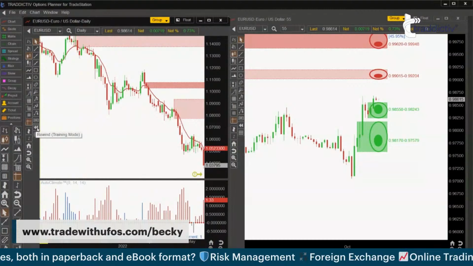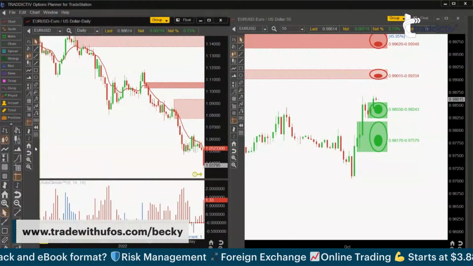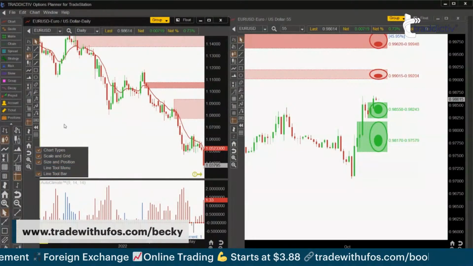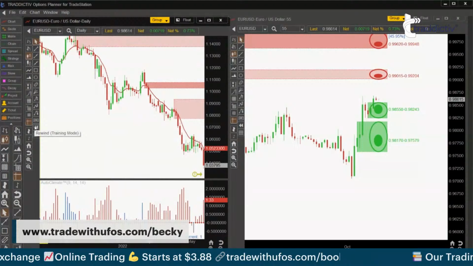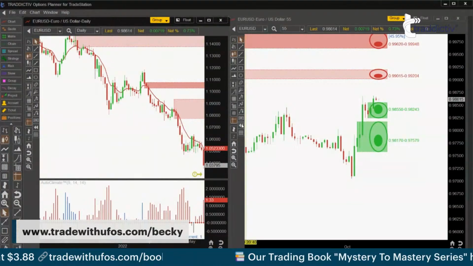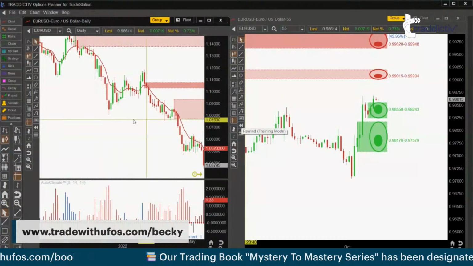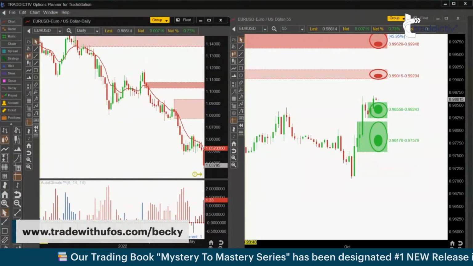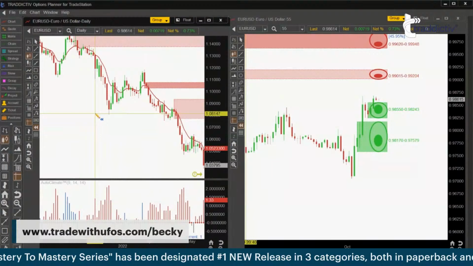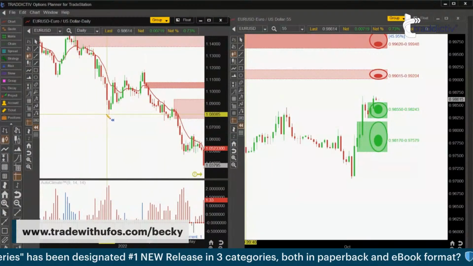So I lost it for a second there. I couldn't see it on this chart. All I did is I right-clicked and clicked line toolbar and it came up. So I've now got that symbol on my left-hand side chart, and I've got it here on my right-hand side chart as well. I'm going to do the same thing. So I'm going to click that area. You'll now see that I've got a crosshair here, and I can go back to the start of March.